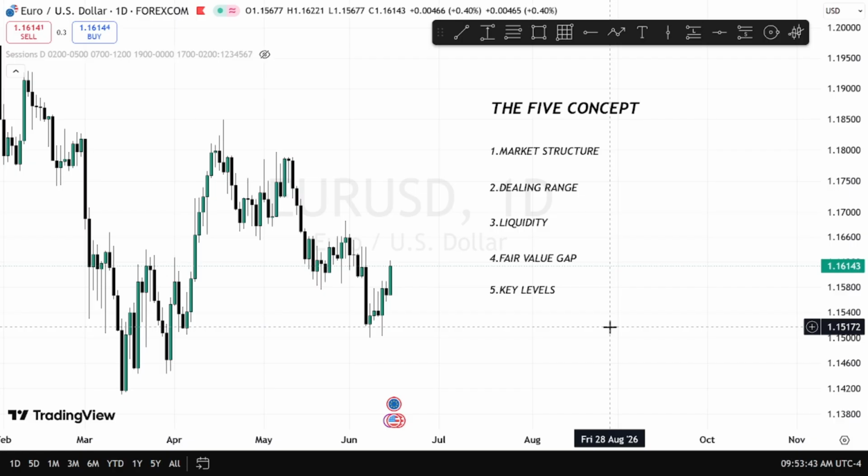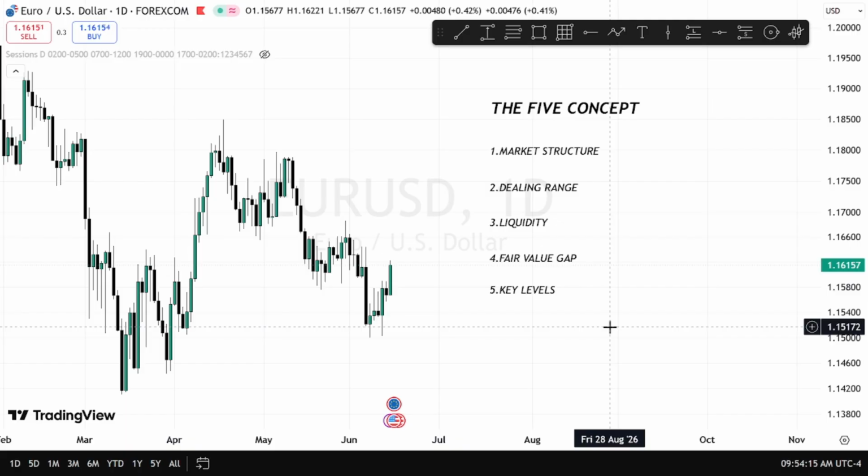And study them in this sequence because I took my time to observe and to see how this thing works. Then I put it in this sequence for you to benefit from, right? So do not just learn them and scatter it, okay? Just learn it in this sequence and you watch how your losing trades reduce.